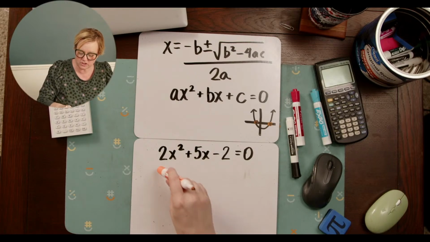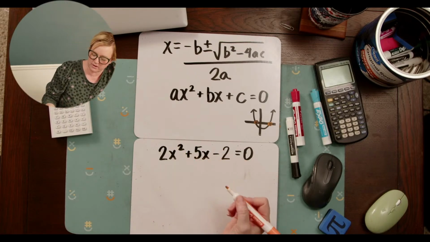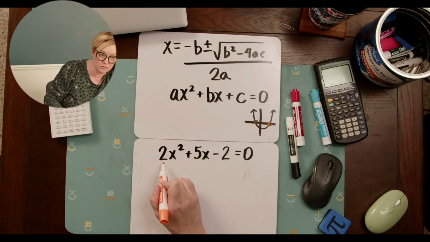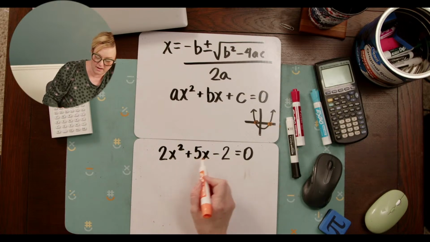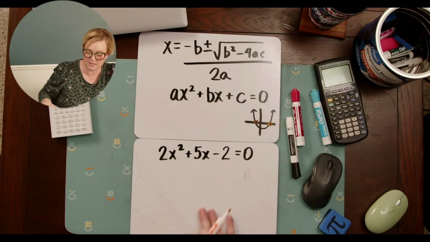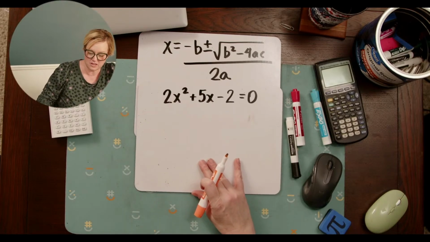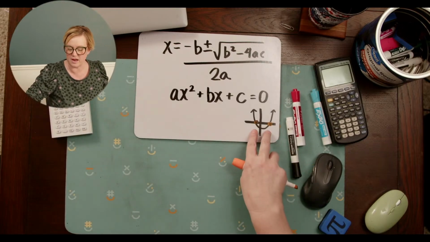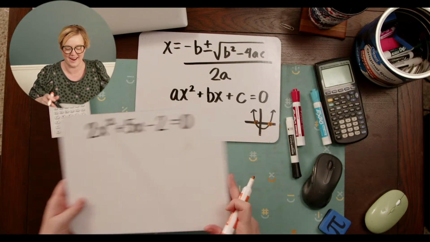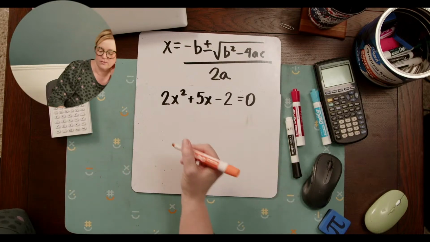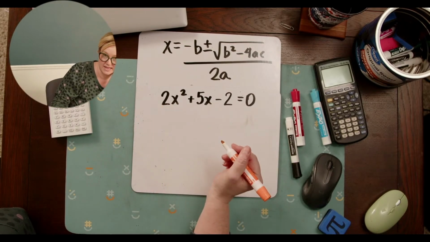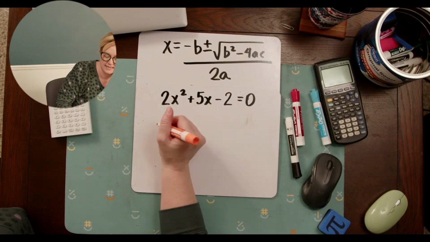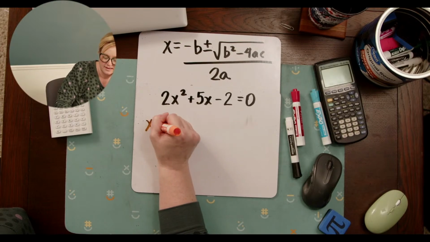All right, so we've got 2x squared plus 5x minus 2 equals 0. So our A is 2, our B is 5, and our C is negative 2. Now we just plug it in and solve, because this is going to give us our intercepts where it crosses the x-axis. Okay, we'll sing it this time, but I'm going to fill in the numbers as I sing it. So we go, x equals